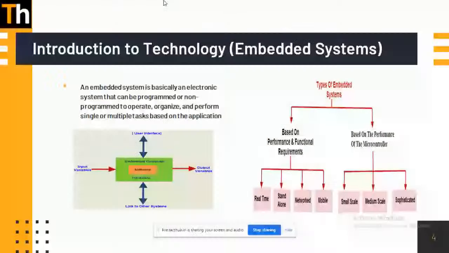So this is the classification, this is the basic definition of an embedded system. The classification: microprocessor means what, microcontroller means what. Similarly, when we move on to the next one,